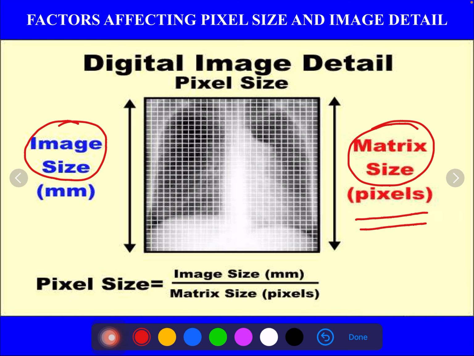So how do you calculate the pixel size? The pixel size is the image size, that is the sensor or display area, divided by the matrix size, the number of pixels representing the image,